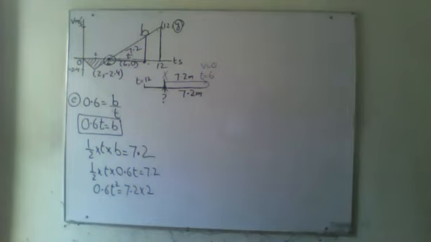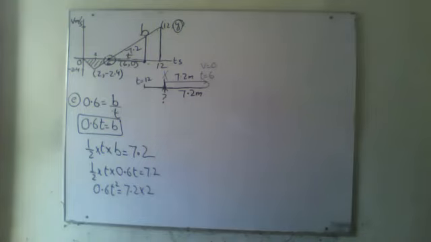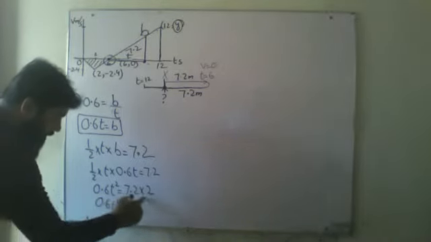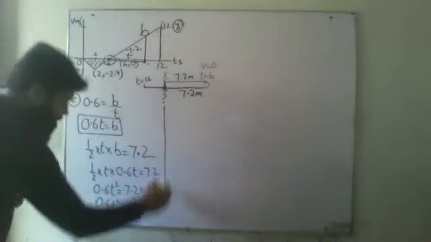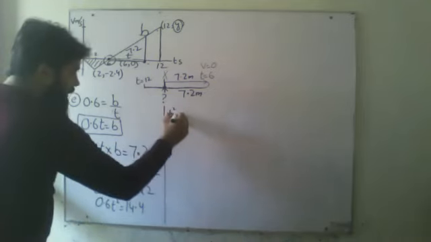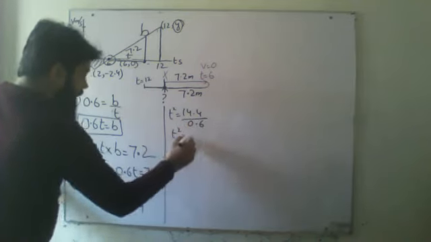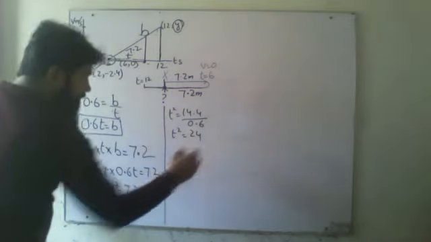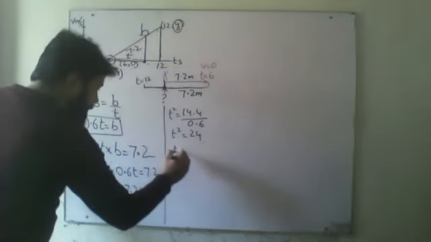Now I'm going to multiply this, then shift it over here and get the value of T. Multiplying 7.2 into 2, the result is 14.4. Shifting it, T square equals 14.4 divided by 0.6, and the result is T square equals 24. Taking the root, my final answer is T equals